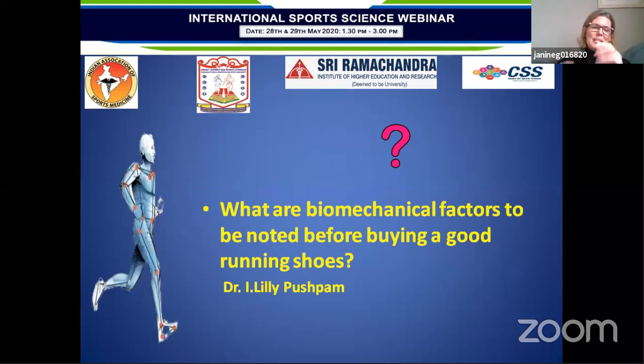Okay, so obviously a running shoe is very much speaking about the biomechanics of the foot. And we really do battle to assess pronation well in a running shoe, because obviously the foot moves within the shoe. It's not quite as easy as looking at the hips and stuff like that. But we would obviously need to look at whether somebody is a pronator or a supinator, and choose a shoe accordingly. There's been some work